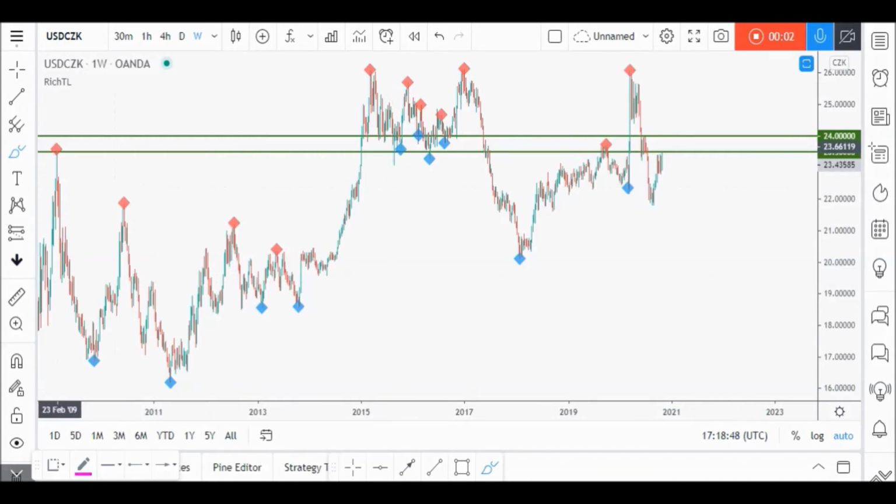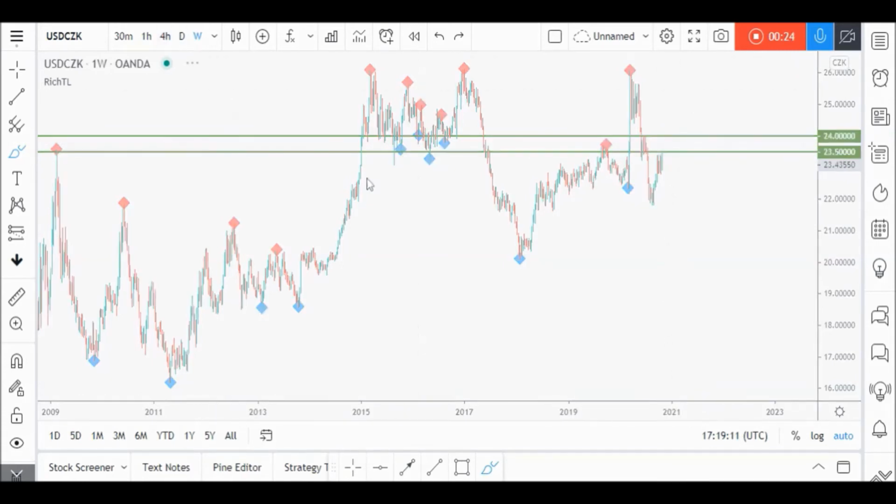On USDCZK weekly time frame, price is currently sitting around a strong resistance, as you can see in green. So we'll be looking for objective sell setups on lower time frames. Unless price breaks it upward aggressively, then our resistance would become support, and we'll be looking for objective buy setups on a retest. For now, our zone is acting as resistance, so we'll zoom into lower time frames and look